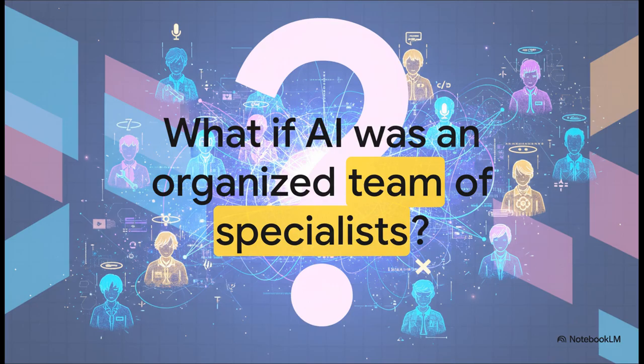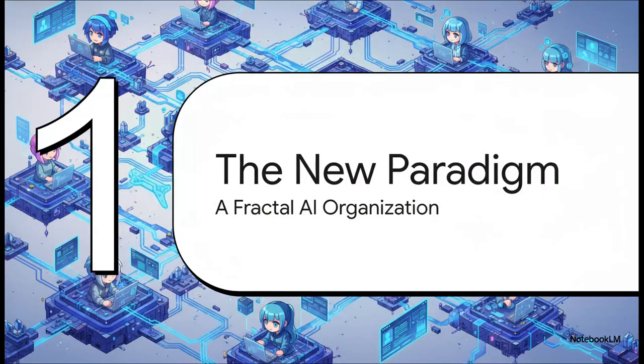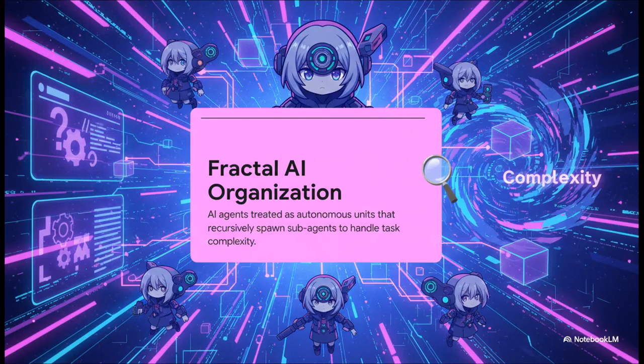And that leads to the big question HimCode is asking. What if, instead of one single, all-knowing but easily confused assistant, you had an entire organization of AI agents ready to go? You know, a whole team where every member has a specific role and they can all work together to tackle massive, complex problems. So this brings us to their new paradigm. It's built on two foundational concepts that make this whole AI team thing possible, and they call it the fractal AI organization.